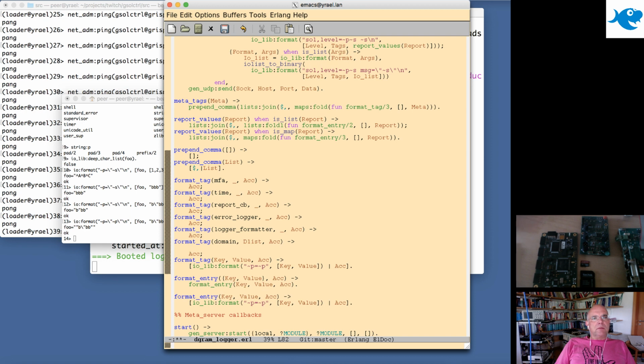by calling lists join. What do we need to separate for the domains? Maybe a slash, like a path. I think I like the path. Slash, and then we do